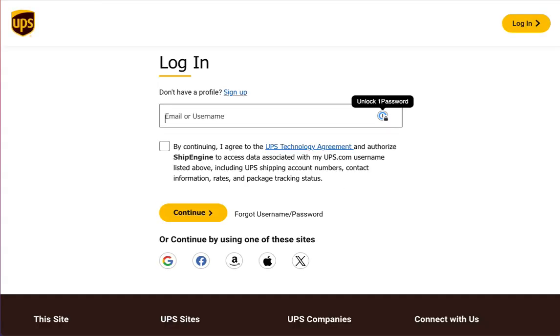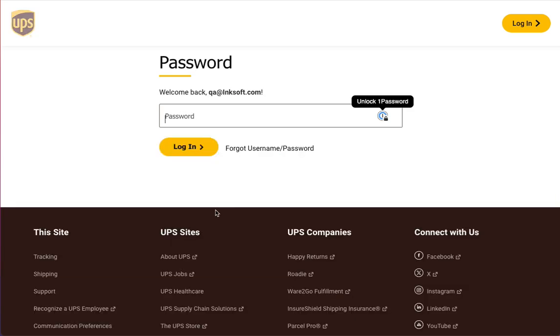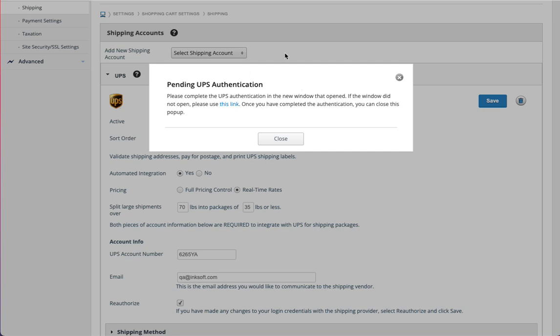I will get a new tab that pops open, which is my UPS login page. And I'll just go ahead and put in my UPS credentials here. I will click Continue. I will add in my password. I will get a confirmation message saying that my authentication has confirmed, and I can navigate back to the shipping